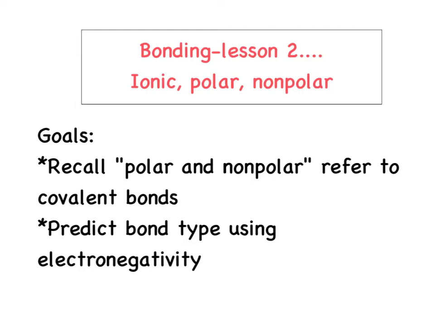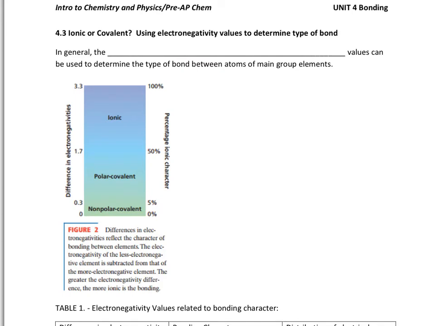And I need for you to be able to predict bond type using electronegativity values. You will not have to have any electronegativity values memorized, but you will need to memorize what the difference in electronegativity is expected to be for the different bonds. So we're going to start right here at section 4.3. And in general, the electronegativity values,